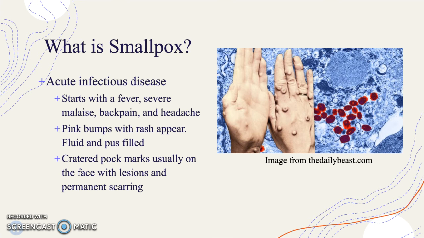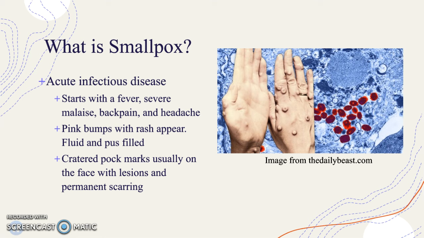It's very infectious, it's rampant, and it starts really quickly in the body, and then it can pass on to other people very quickly. It typically starts with fever, severe malaise, meaning your body is very run down, back pain and headache. And the telltale sign is pink bumps, and then a rash appears, and these bumps become fluid-filled and